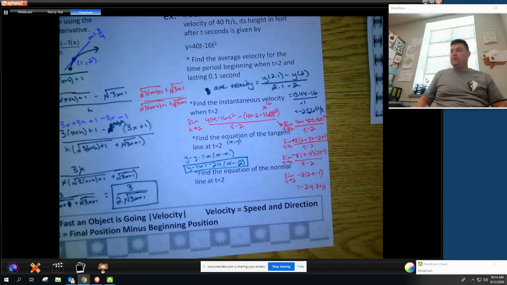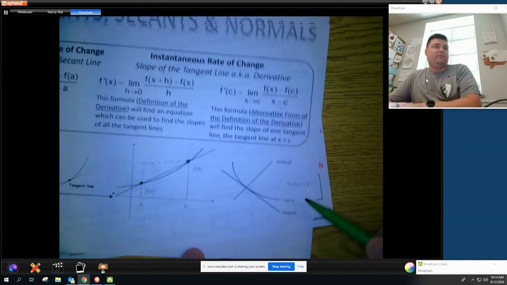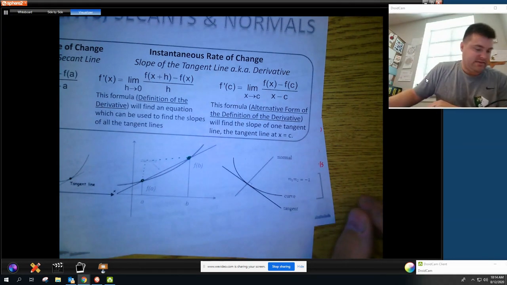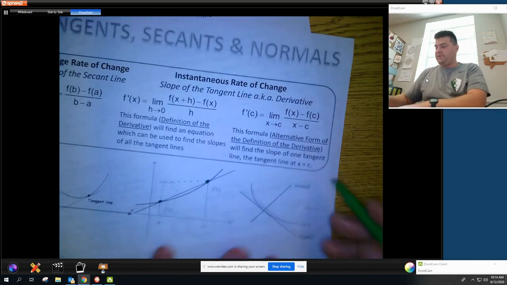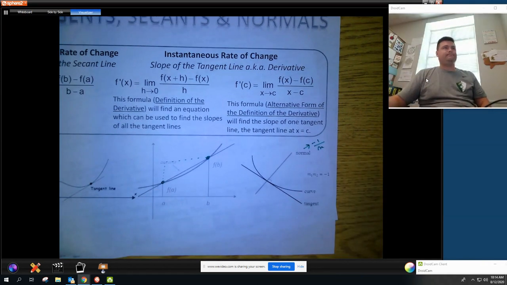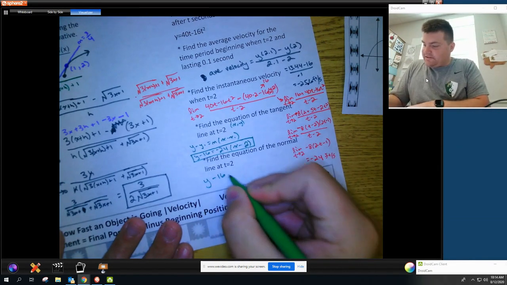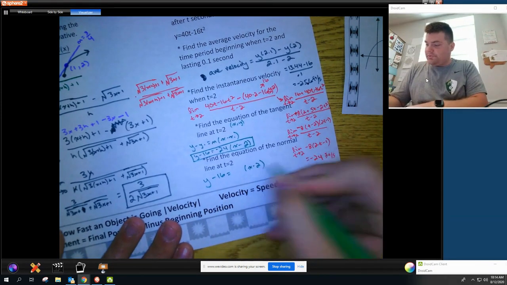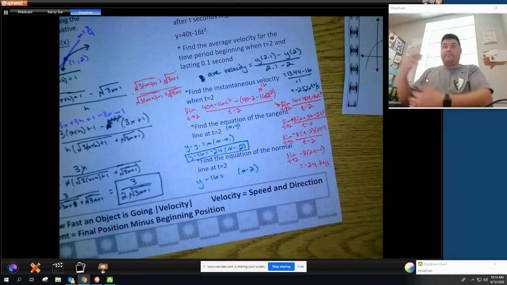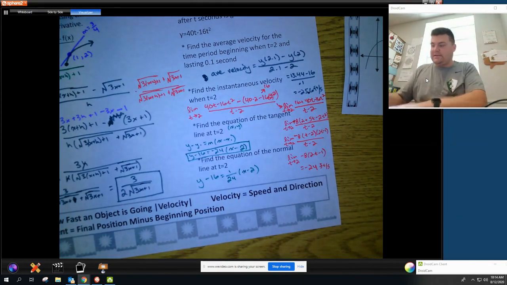Now, normal. What a normal line is, and I didn't really talk about it, I'll bring up that previous thing right here. The normal is what's perpendicular to the tangent. So to find the normal, all you do is it's negative 1 over the slope. That's it. So my new slope for my normal is going to change. So it's still y minus 16 equals something times x minus 2. I'm going to change that. So I'm going to make it a negative. Well, it's already negative, so it's going to become positive. So it's 1 over 24. And that is